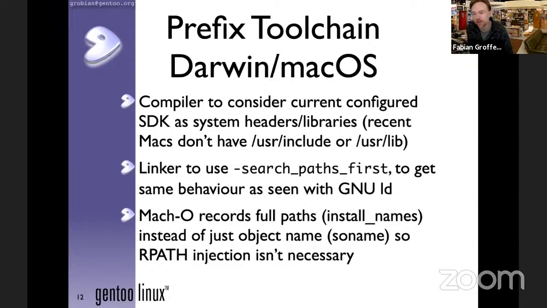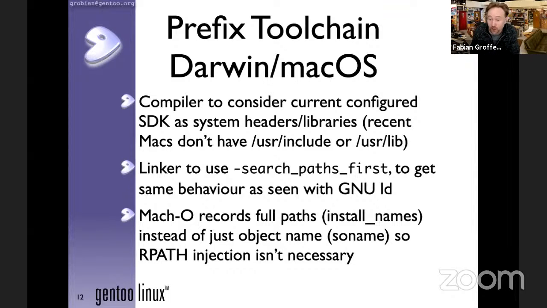Now, to indicate that this is not as simple as it sounds, if you want to support multiple targets on macOS, for instance, in recent versions there is an SDK, and there is no longer /usr on the system with lib or include. So we tell the compiler and the linker to look into this SDK path, which is some long path that can be configured during installation of Xcode. We do something special there to make sure it finds it, so that you as a Gentoo Prefix user don't have to bother about it.